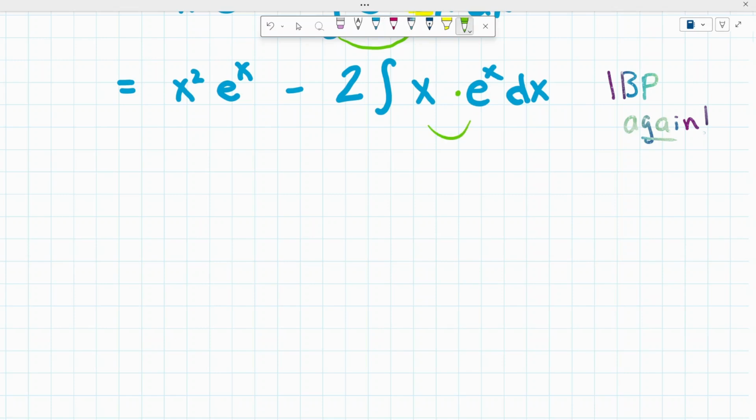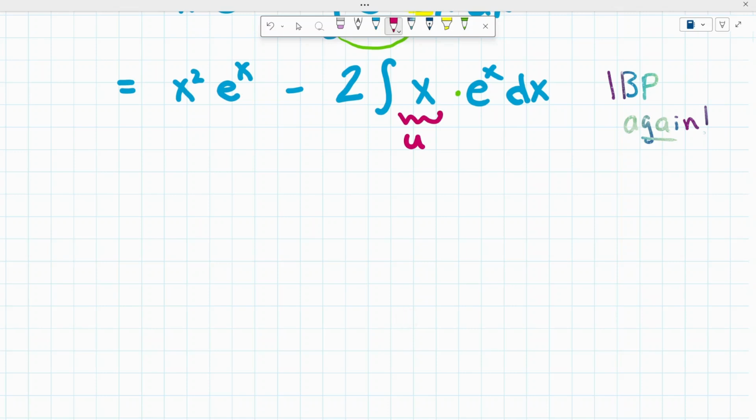It doesn't matter if you swap the order, because with multiplication, you're going to end up with the same value. But the thing is, we want to make our u the part of our equation that is going to basically disappear after we take the derivative. What I mean by this is once we take du, the derivative of x equals 1, so essentially it's going to go away. Whereas if we were to take the derivative of e to the power of x, the derivative is also e to the power of x. So we're just going to have to integrate by parts again and again and again